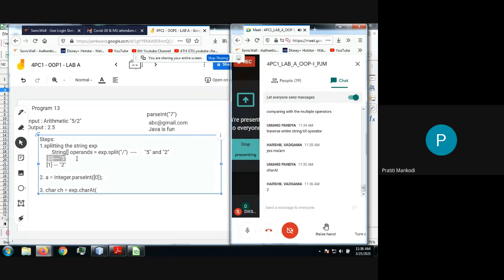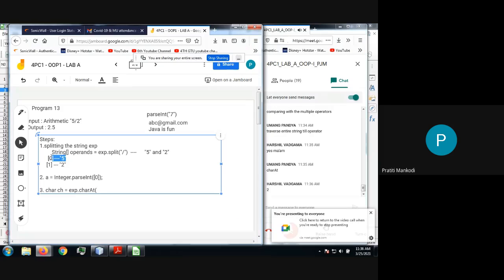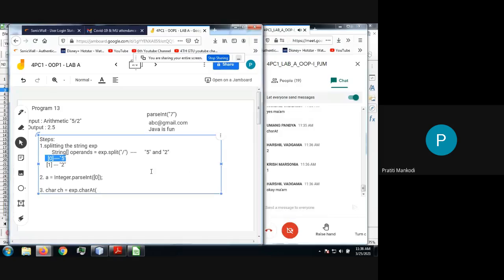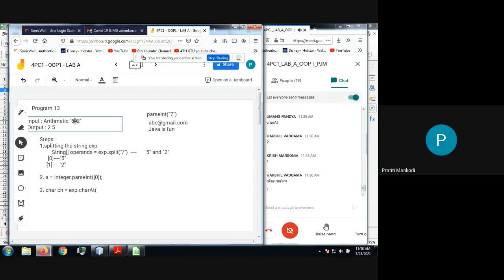Length. I'm talking about the length of this, Harshil. It's not 2, it's 1, right? What is the length of this string? The length of this 5 is how much? The length is only one, right? Okay, fine. So if I move exactly to the length of operand 0, then immediately I will get the operator. So if I move exactly at the length of operand 0, actually I am at the operator's place, right? So what I'll be doing is, operands of 0 dot